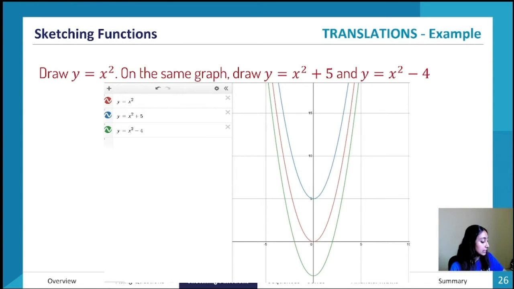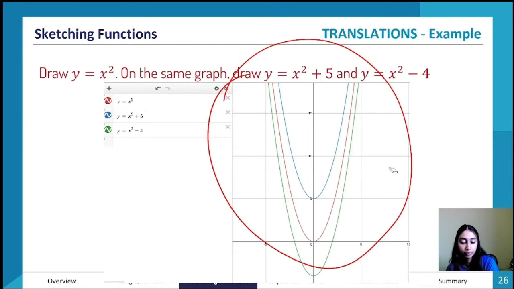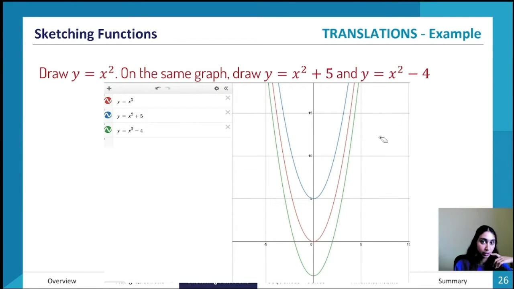Okay, so this is what your curves will look like. I'll give you a second to try and see what am I missing in these curves that's going to stop me from getting full marks if this was like an HSC question. I'll give you a few seconds to think about it. If you made notes on what I did like 3 slides ago, you'd be able to point out quite a few things. Okay, I'm going to assume that you guys know now.